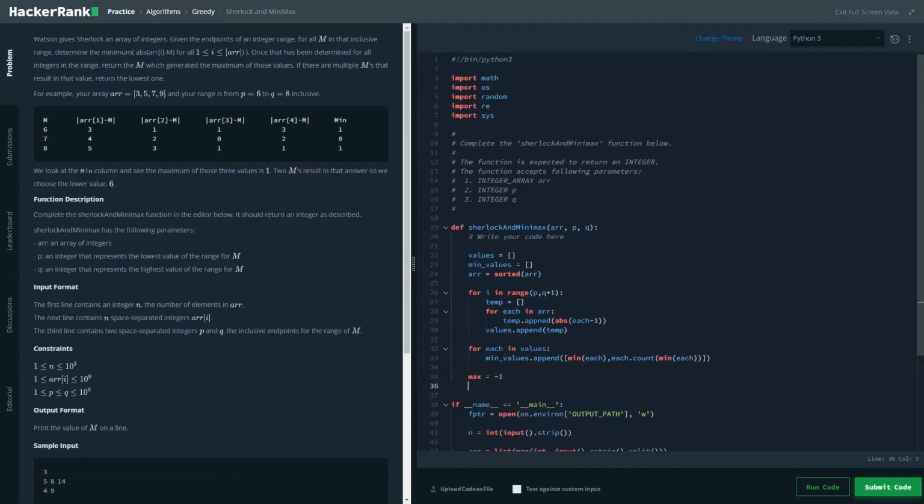Max equal to -1, id equal to -1, count equal to 0. For I in range of 0 to length of min values. Here we'll be checking which value is the minimum and which has the maximum number of those instances present. So if min values of I comma,